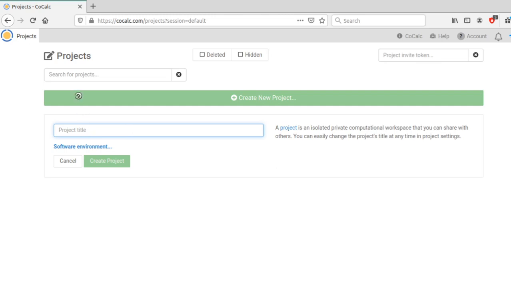And it shows that I am now inside. If I check this account, I can see the logged in details and all these things. But before that, we will just see how to run SageMath. And we are going to create a project here. Maybe we will say SageMath Training. I'm creating a project titled SageMath Training. Create project.